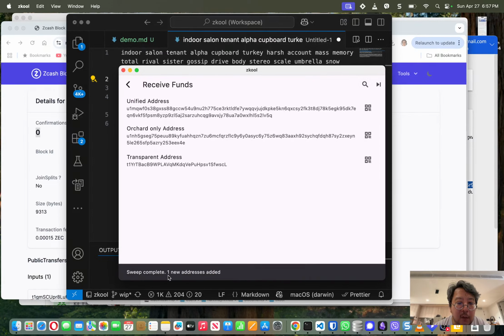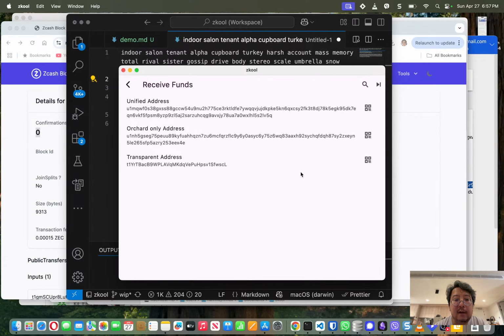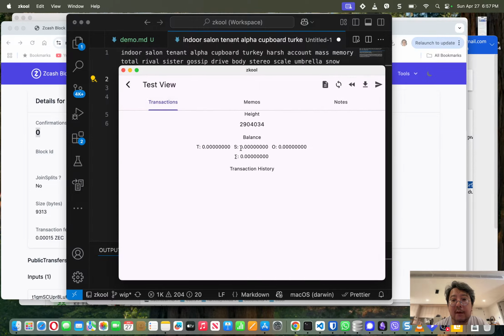Oh no, this is one new address added. So it found the second diversified transparent address, and now I'm all set up for this. I have updated the birth height, and I have essentially scanned the additional transparent addresses. So I should be all good